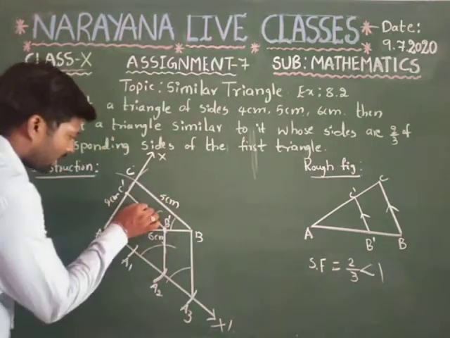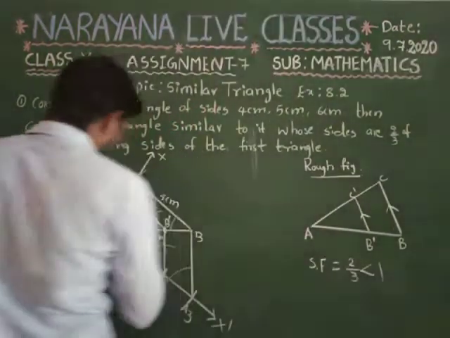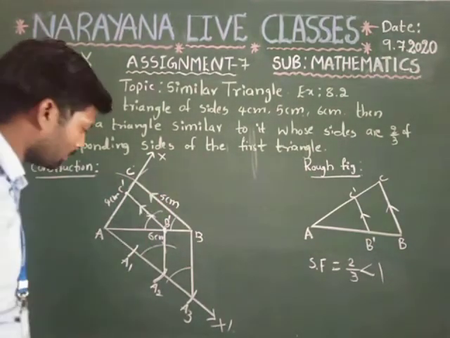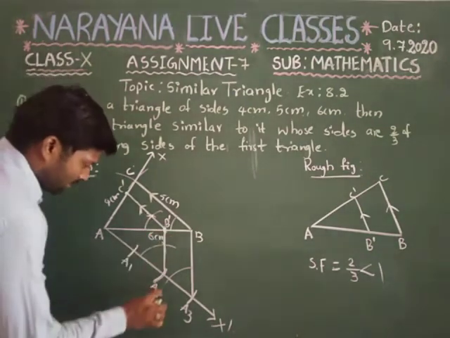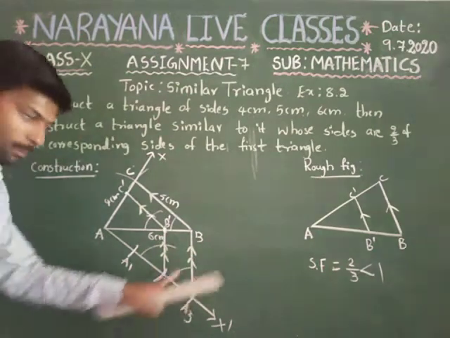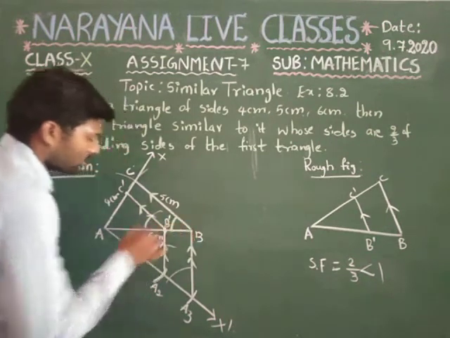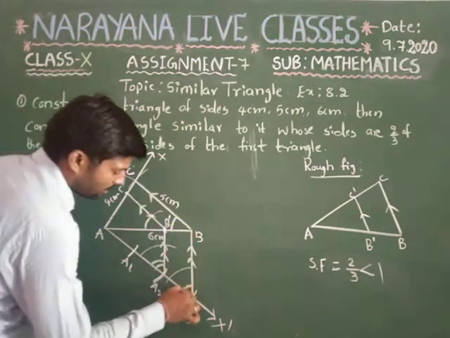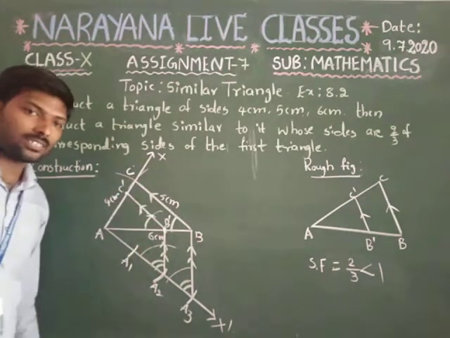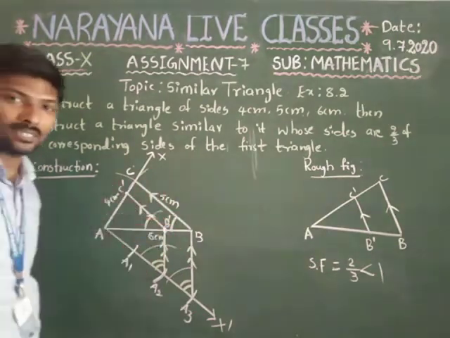Now this line C dash B dash is parallel with CB, as well as B dash A2 which is parallel with B A3. So what about this one? These two corresponding angles are equal. Again these two corresponding angles are equal. So likewise we can construct a triangle similar to the given triangle, that is the basic triangle.